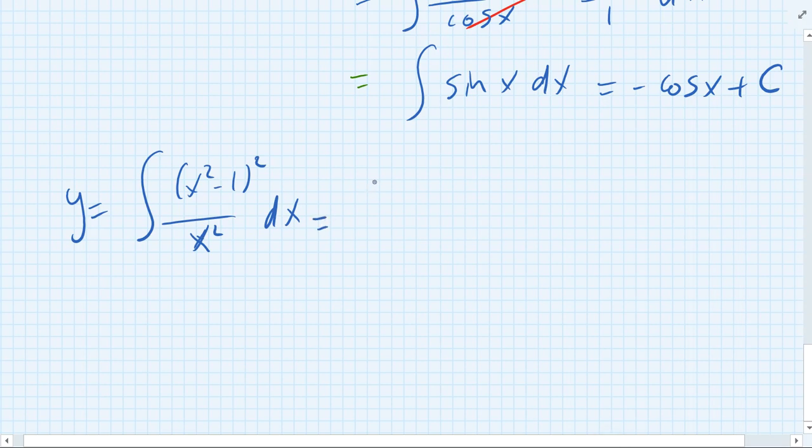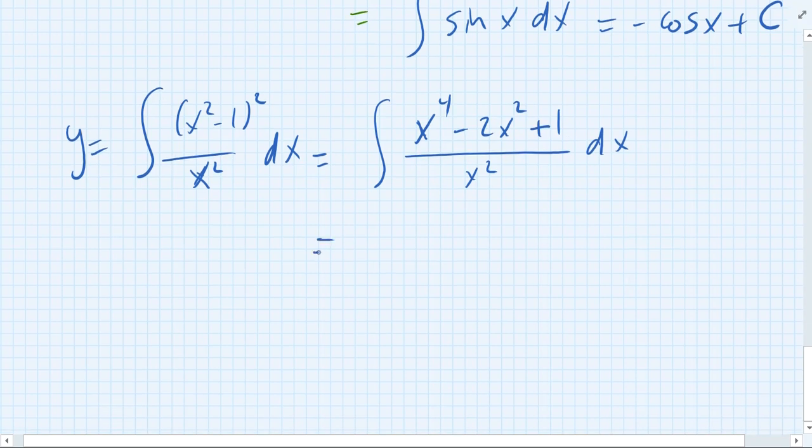So when we square, that's when I multiply x squared minus 1 times x squared minus 1, I get x to the 4th minus 2x squared plus 1, right? Does everybody recognize how to do that? If you need to show the work, show the work. And it's all over x squared. I don't want to do division, so am I going to break it into 3 fractions? So this becomes the integral of x to the 4th over x squared minus 2x squared over x squared